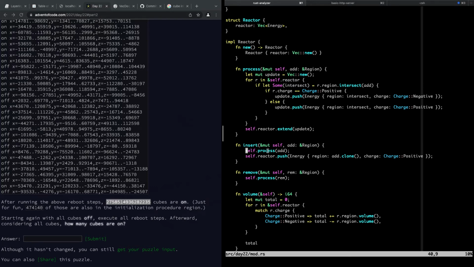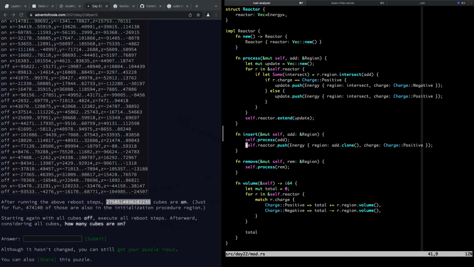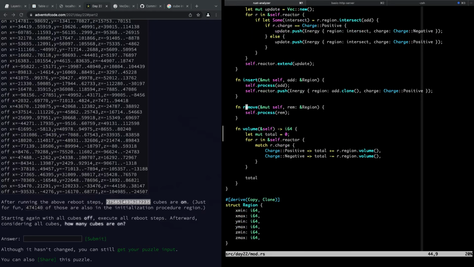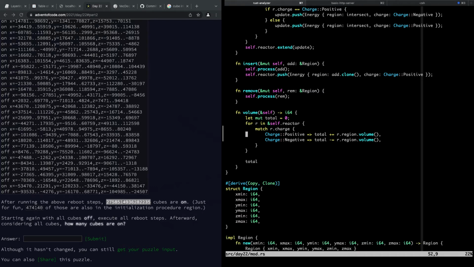And then we push a new version of it here. Removing it is just the opposite, except we don't add a negative cube. And then when we total things up, yeah, I don't